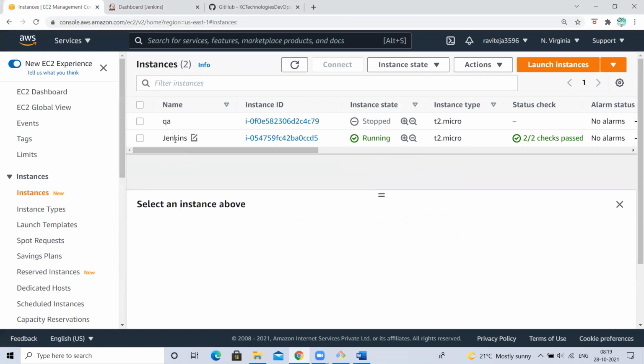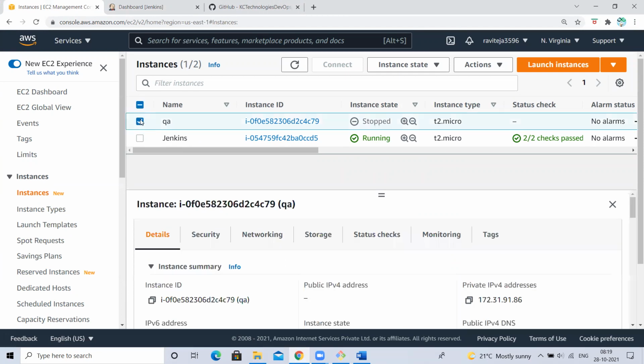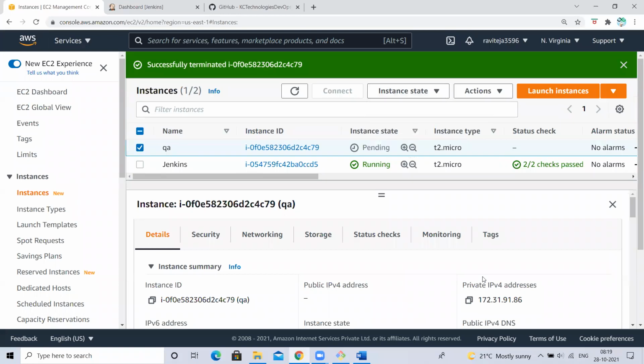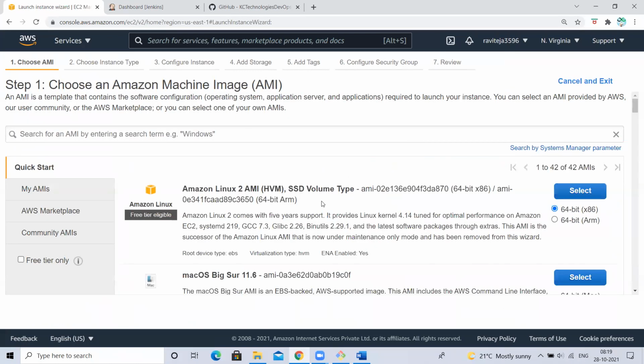This one I named it as, right. This I think is QA we have. Why did we stop this? Someone created it, Ravi only created. Okay, let me launch. Let me terminate this, let's not charge for it. Or else let me start it and see if there is something. No, that is Ubuntu. Okay, okay, you can terminate it. I need to terminate it. Okay, let me launch one more instance.